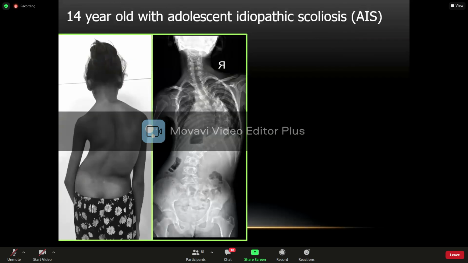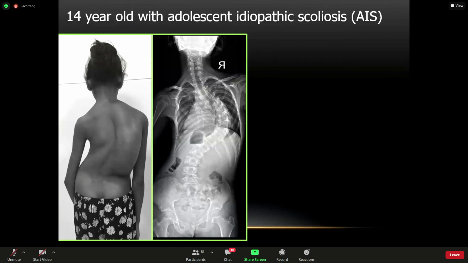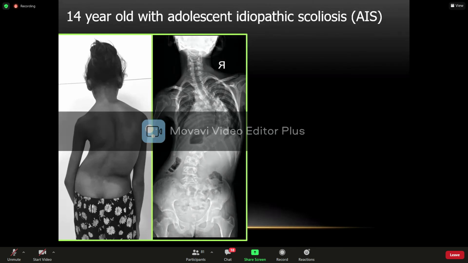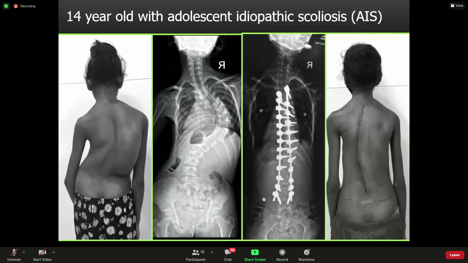This is another 14-year-old girl whom we operated on this year. She came with a very stiff curve of around 80 to 85 degrees, and you can see that the shoulders are at different levels. These kinds of scoliosis you can't miss; from far away itself you can tell that she's got a scoliosis. The important thing is to catch these scoliosis early so that we can offer them some treatments early before they reach this stage. This girl underwent surgery with us, and she's had a good outcome. Her spine is bang straight, shoulders at the same level, and she's doing well.